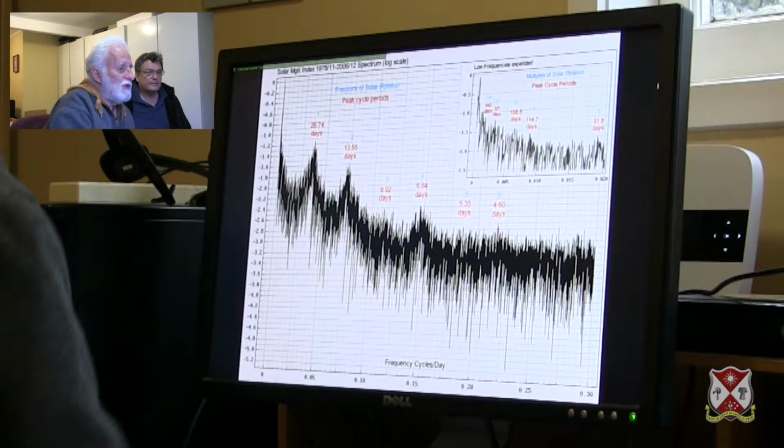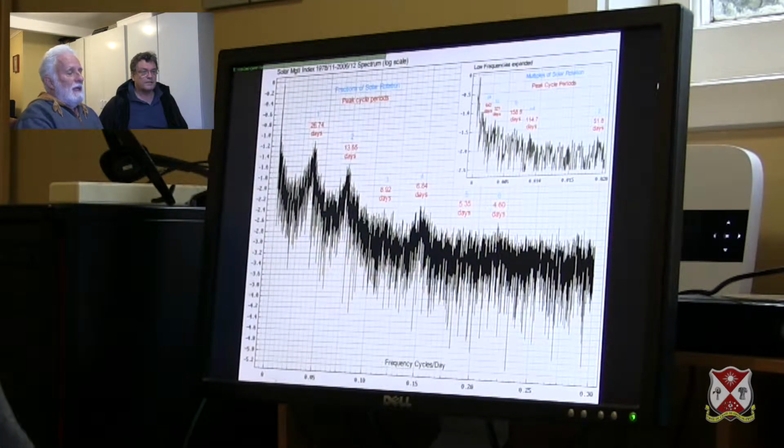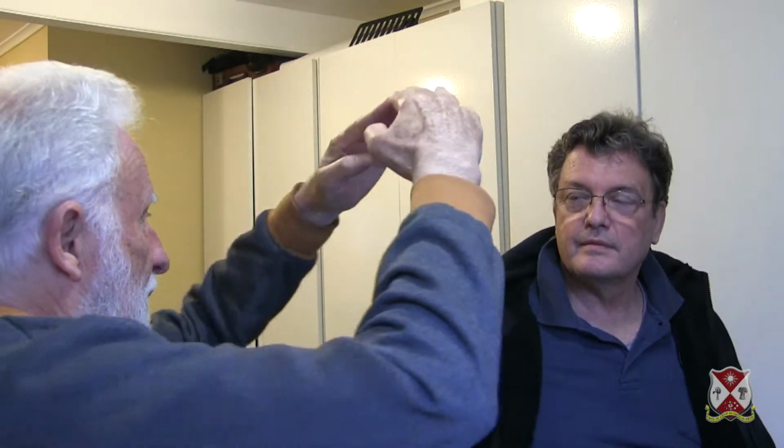You have to go to the general vicinity, because there's obviously a lot of other things happening at the same time. Okay. Yeah. So we can understand these well because on the sun, there's this thing called the neutral sheet that comes out from the sun, which is like a tennis ball seam rather than an equator. And for the stuff that we experience at Earth, as this tennis ball seam comes by, you're the Earth, I'm the sun, and this thing comes around like this. At this point you're on the seam, and at this point you're on the seam, and again twice more in a rotation. And when you're on the seam, something different happens